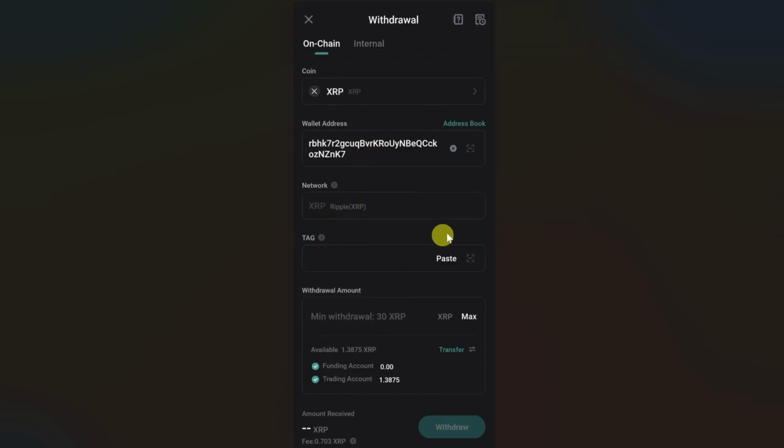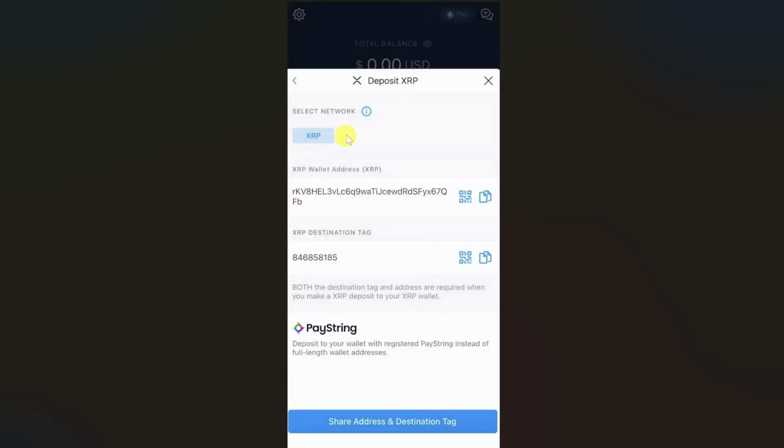Then go back to the Kucoin app and paste the wallet address in this area. And once you paste the wallet address, it will automatically select the network based on your wallet address. If it doesn't select, you can also click on this network tab and select the same network that you have